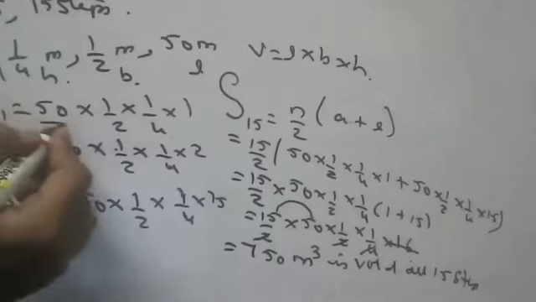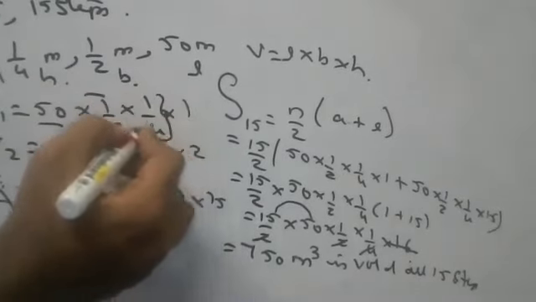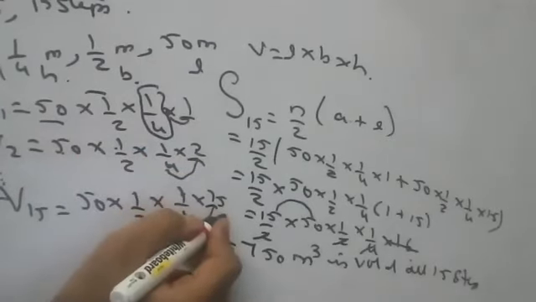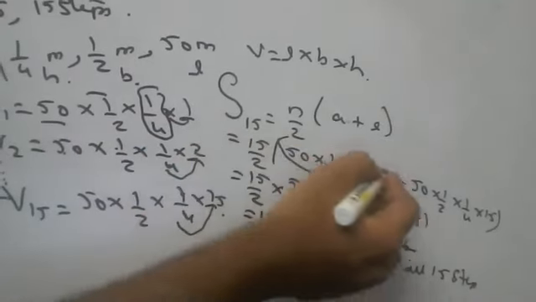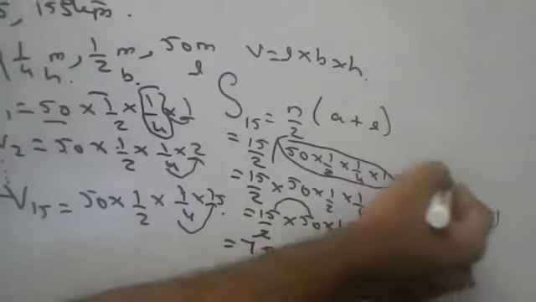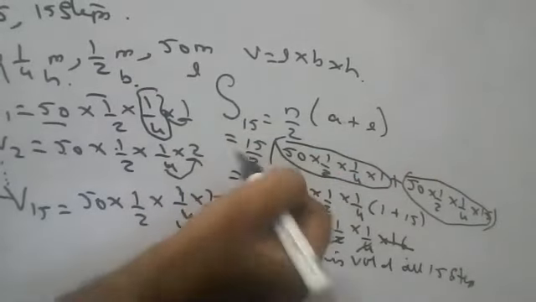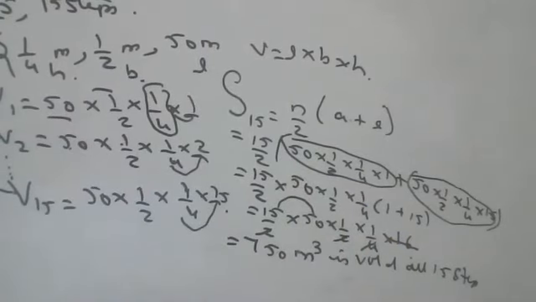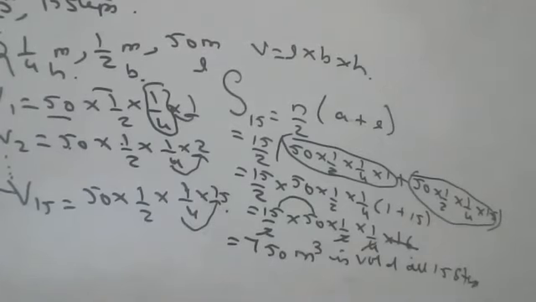Understand? Length will not change, breadth will not change, only height will become 1 for the first step, 2 for the second step, 15 for the 15th step. So I have the first step, I have the 15th step, I have n by 2. Directly I took common everything except 1 and 15. I did it, 750 meter cube is the volume of all 15 steps of the football ground. Like this you should